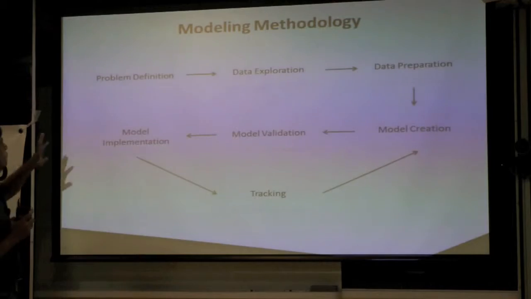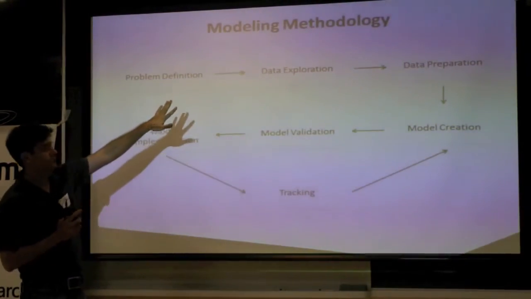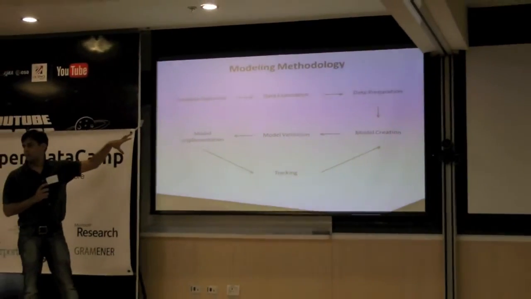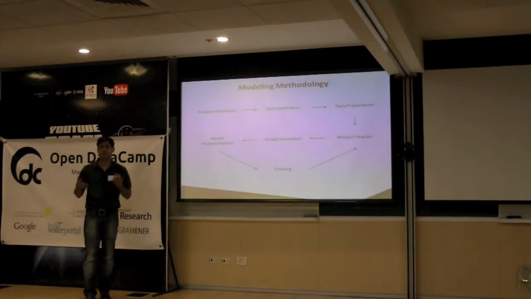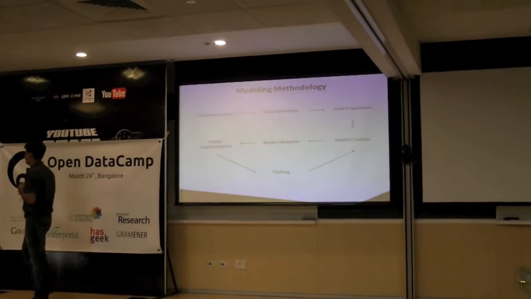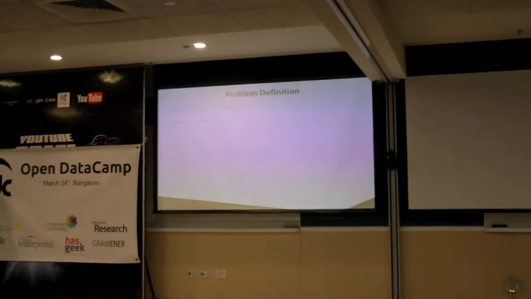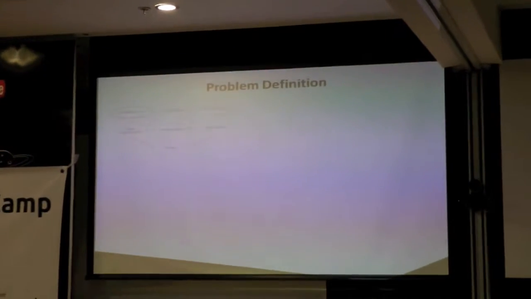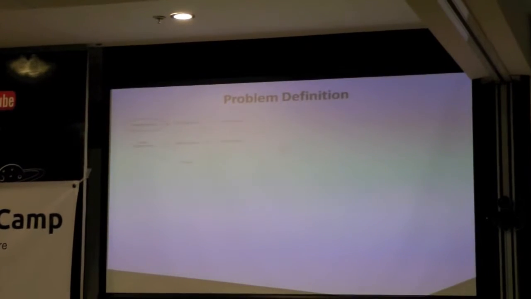What I'm going to do is focus on the first 4 steps of this process, and primarily on the first 3 steps. How did we define the problem? How did we convert the business problem into an analytical problem? Data exploration, data preparation, and different kinds of modeling approaches that can be taken. So let's start with the first step of the process. Again, usually for most kinds of analytics problems, this is the most interesting step. So, problem definition.